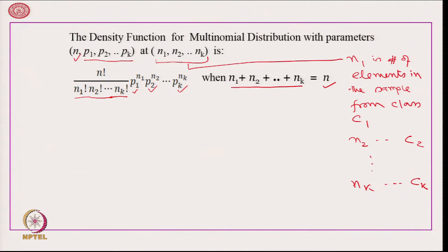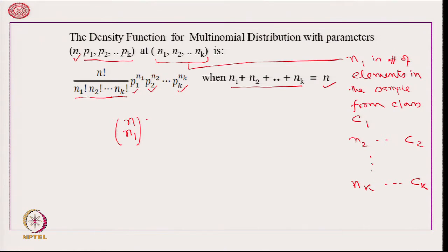Now, how do we get that? It is very simple. So, out of n, we first select n_1 of them. That can be done in n C n_1 ways, and let us put them in class number 1, that is